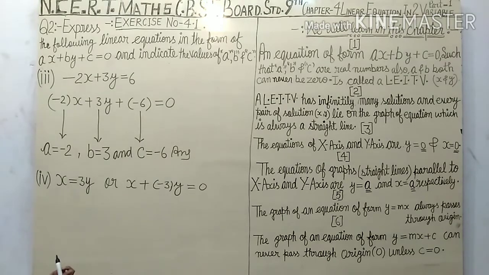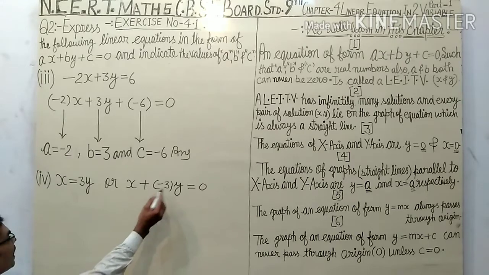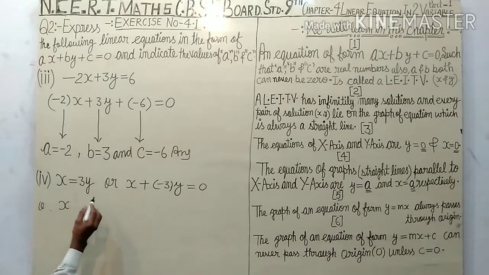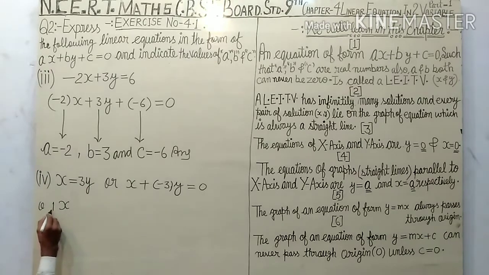Hence, for writing the value of c, we can write this equation as x. Here, I have told you once that x means 1x, that is never written. You do not have to write 1. 1 is the hidden coefficient of a variable,